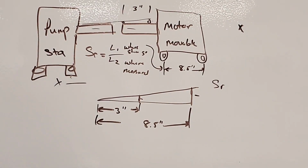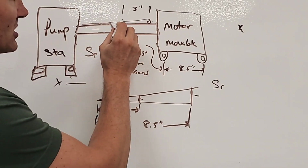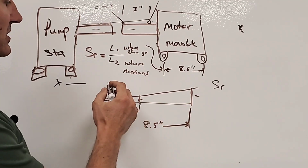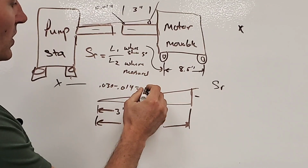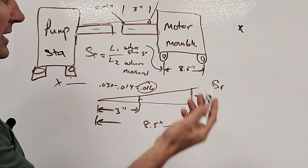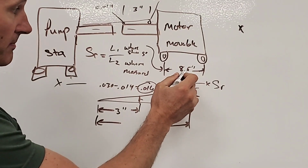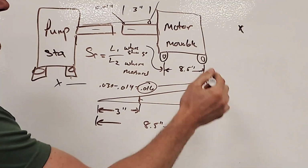Okay. So being that said, once we have the shim ratio, then we just need to know what the difference is. So if right here at this point, it equals 0.014, and at this point right here, it's 0.030, then very simply, I just need to get the difference between the two. And the difference is, okay, so when you take 0.030 minus 0.014, you're going to get 0.016. So what we're going to do is just take the difference here, how far it went in 3 inches, and we're going to multiply that by the ratio. So we're going to go times the shim ratio that we've calculated, by taking where we're going to shim from where we actually measured, and then we're going to multiply it by that, and then it's going to give us a value, and that value right there is how much shim that we're going to have to put under